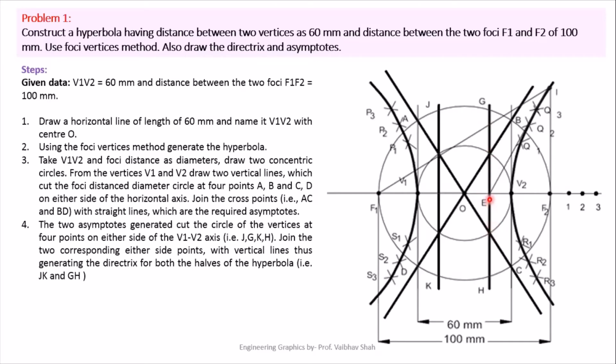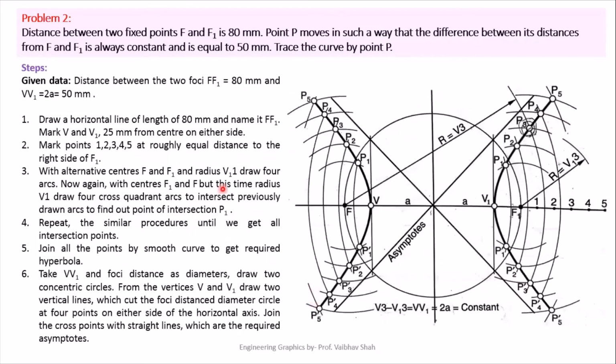Now after getting one directrix, you have to take on your compass the distance O to E, and you have to plot this distance on the left hand side of your point O, and from that point you can draw one vertical line, and this will give you a directrix on the left hand side of your point O. So very easy. So let us see one more example.